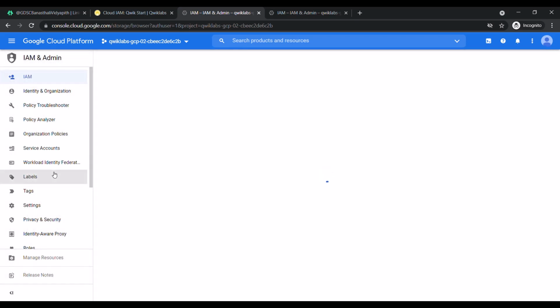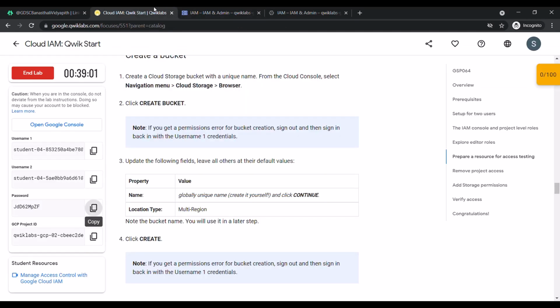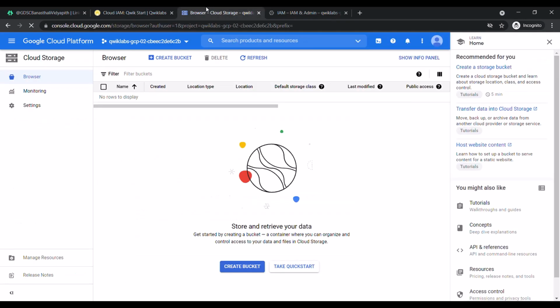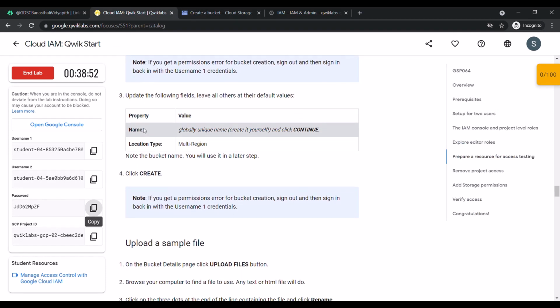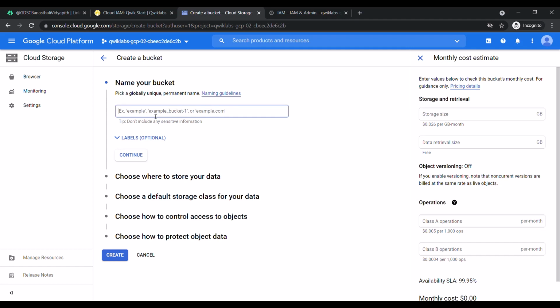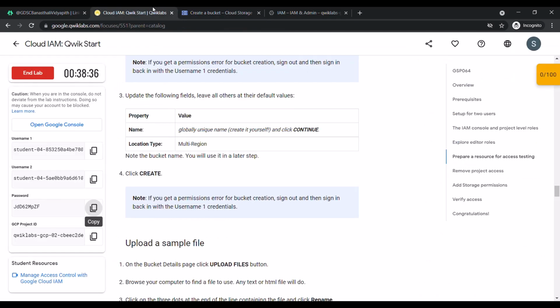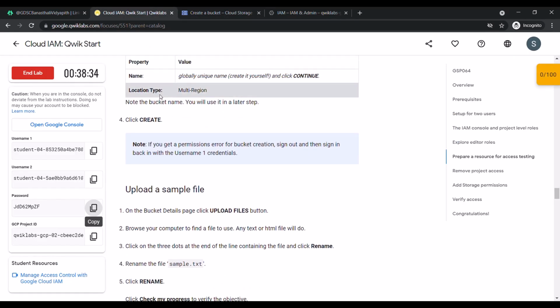And now we need to select the browser. You're on the browser. Now I'll create a bucket. We'll update the properties. The name has to be globally unique, so you can create it by yourself, and we'll click on continue. Let's suppose I'll give the name as GDSC, and we'll select the location type as